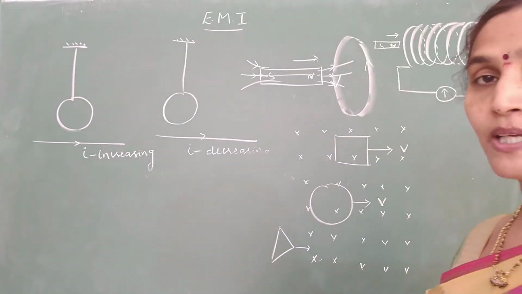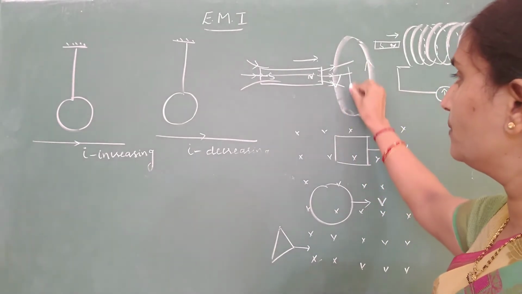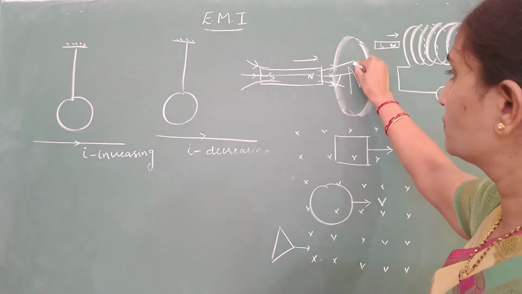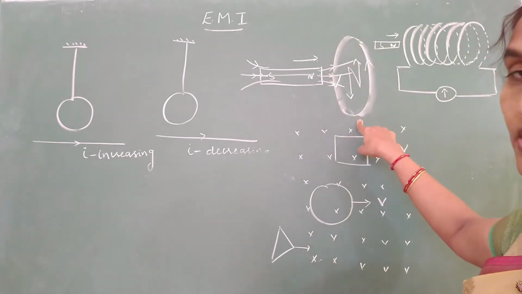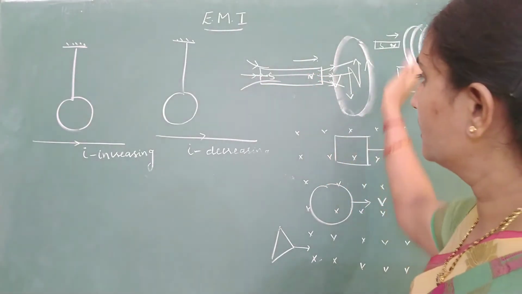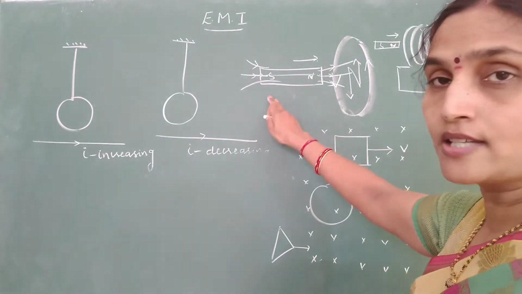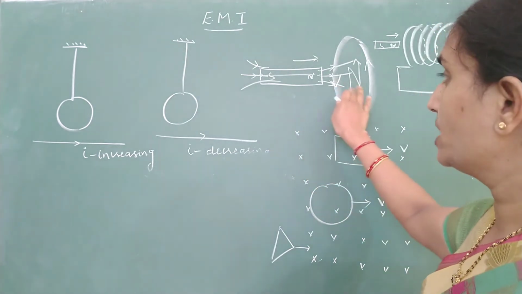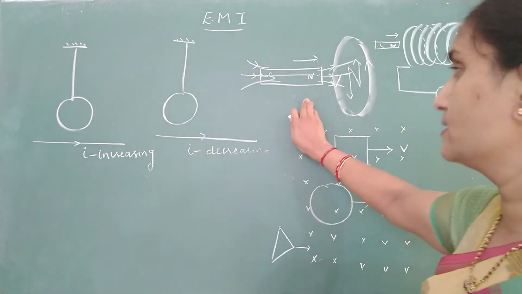Or alternative method. We know when you move a north pole closer, what pole will be induced on the face facing the magnet? North pole. Give arrows according to N. Is this the direction of current? So when you view it from the side of the magnet, the direction of current is anti-clockwise. From this side it is anti-clockwise. From the opposite side it will be clockwise. So mention from which side you are showing the clockwise and anti-clockwise directions.